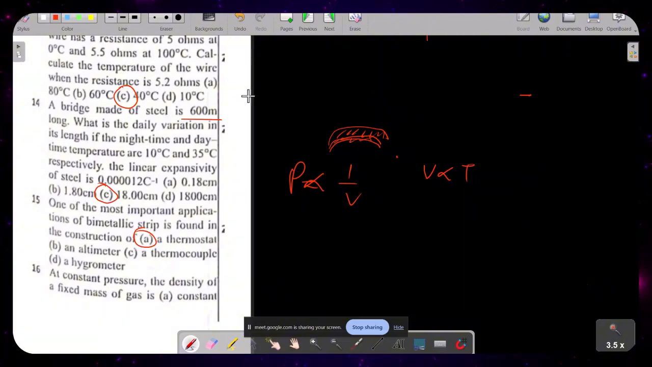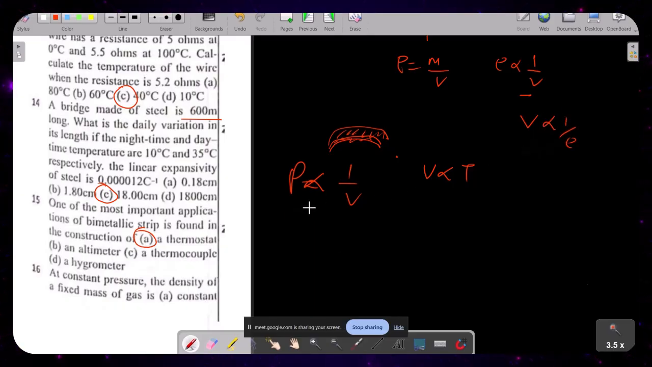I think this question is going to be the last question I'm going to take here. For this question, you have to remember that I told you density is given as mass over volume. Which means your density is inversely proportional to your volume. So your volume is inversely proportional to your density. For this now, I can say that since my pressure is inversely proportional to my volume, I can also say that my